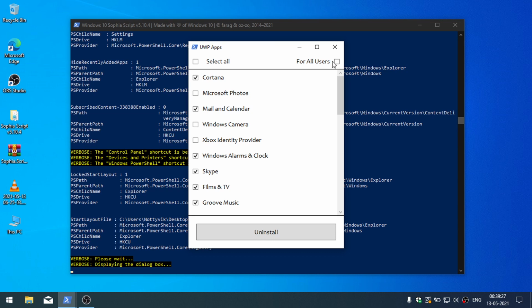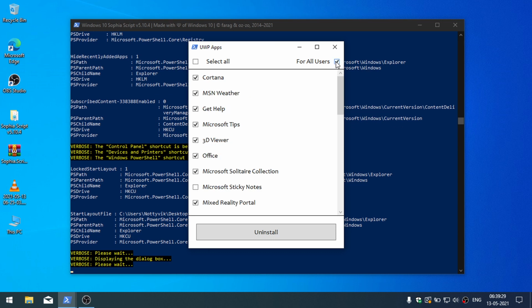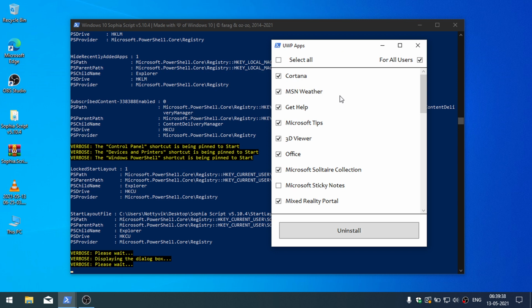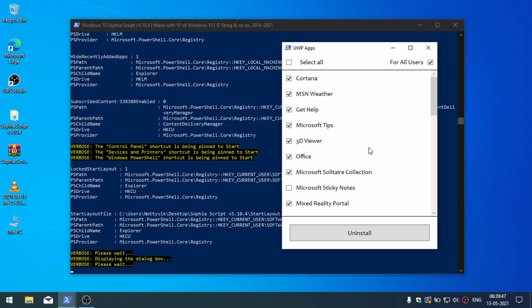First of all, you have to select all for all users because I want to do it for every user on this Windows. Here are some pre-installed apps, that is bloatware. The first ones are Cortana, MSN Weather. I have to select which software I want to keep and which I want to remove.